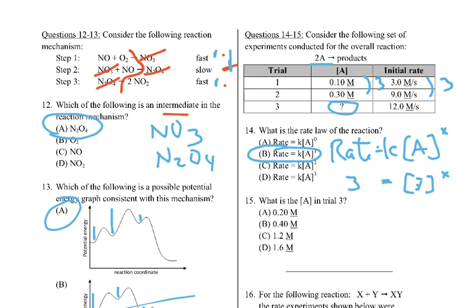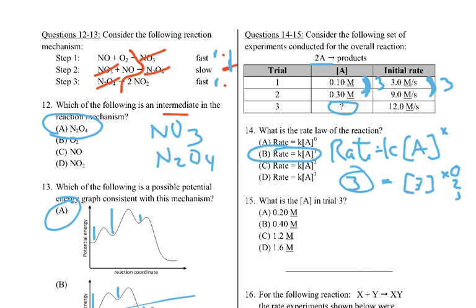If this was 0, then the change in rate would have been 1. If this was 2, the rate would have been 3 squared, so it would have been 9 times larger. And if it was 3, it would be 3 cubed, which would be 3 times 3 times 3, 27 times larger. So the fact that it came out 3 times larger, that's all. We don't care about the numbers, we just want to care about how those go in. So what is